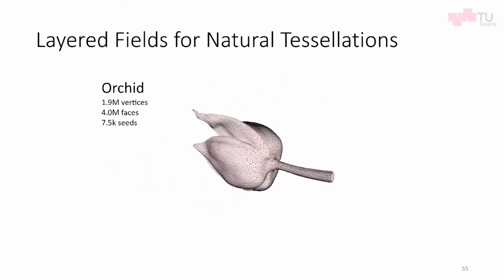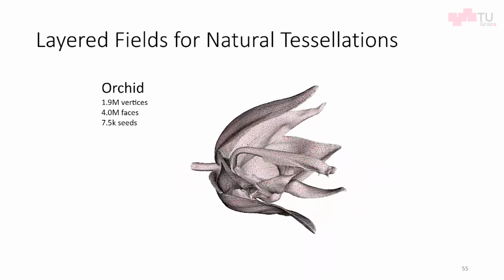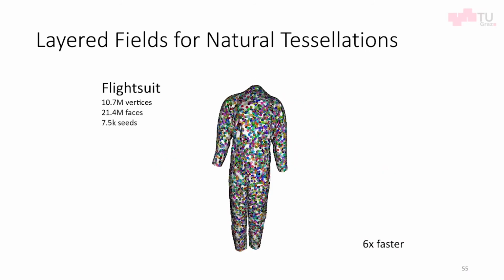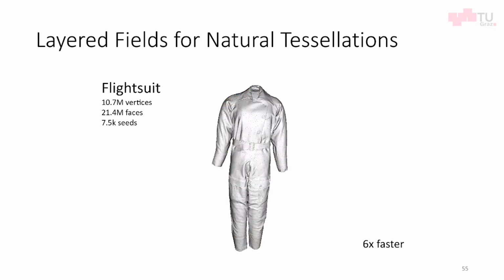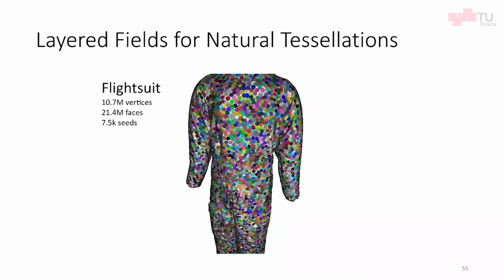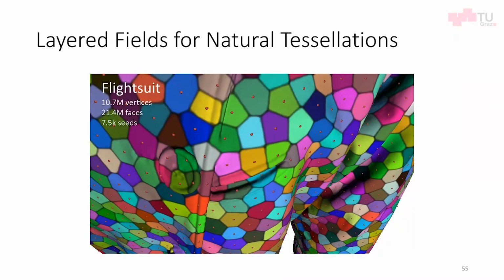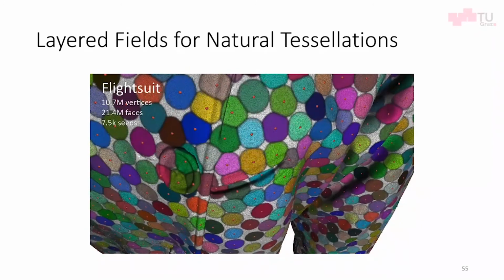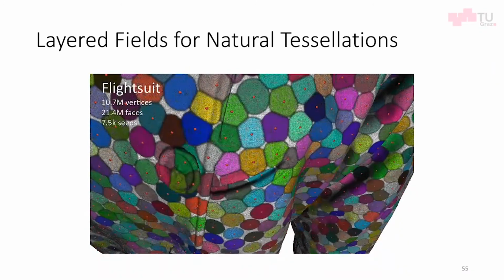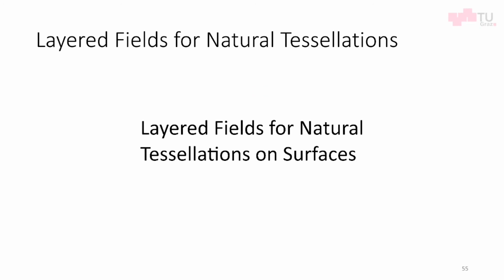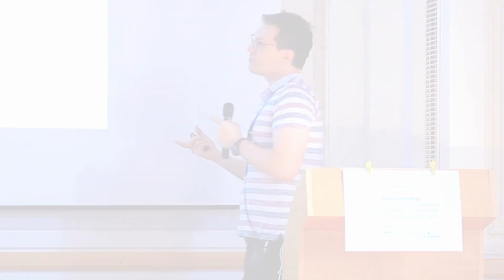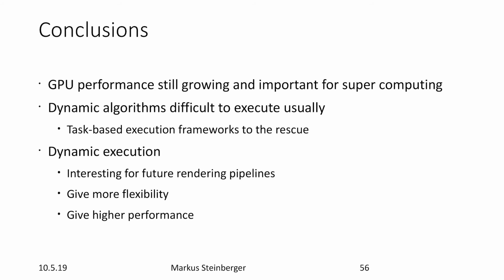Okay, to keep it on time, I'm just going to conclude here. I'm not going to go more into dynamic graphs or anything like this. All of this would be interesting. So the three takeaway messages. First of all, GPU performance is still growing, and it's going to be really important for the future, also in terms of supercomputing. Dynamic algorithms are usually difficult to execute on the GPU,